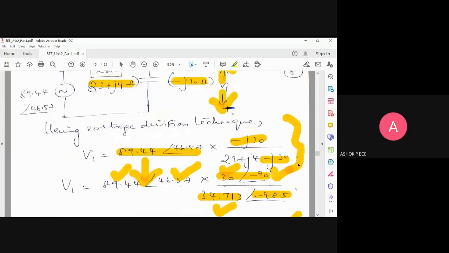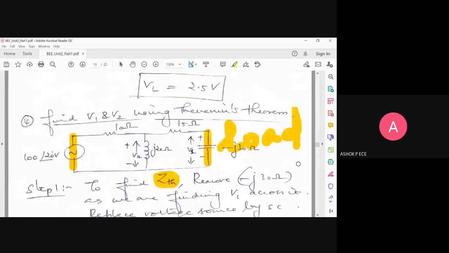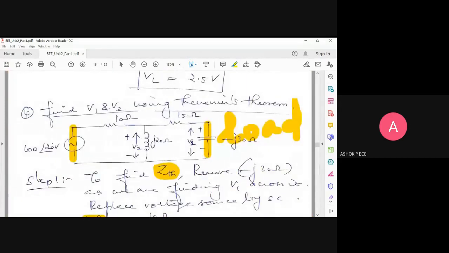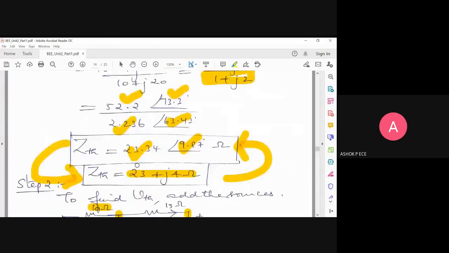We have completed one portion of the problem where we are asked to find actually V1 and V2. V1 is voltage across capacitor, V2 is voltage across inductor. As I told you before, we cannot compute both the values simultaneously. We are doing one at a time. So first we have taken computation of V1. Then after this part of the problem is over, next we will do the same thing for computation of V2. So anybody is having doubt in computation of V1?